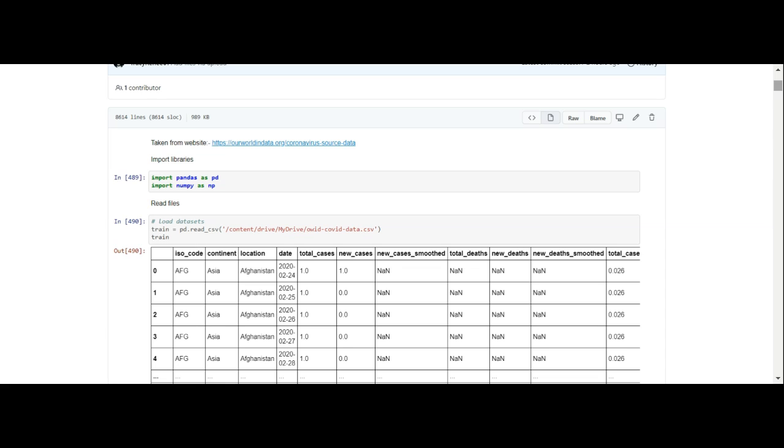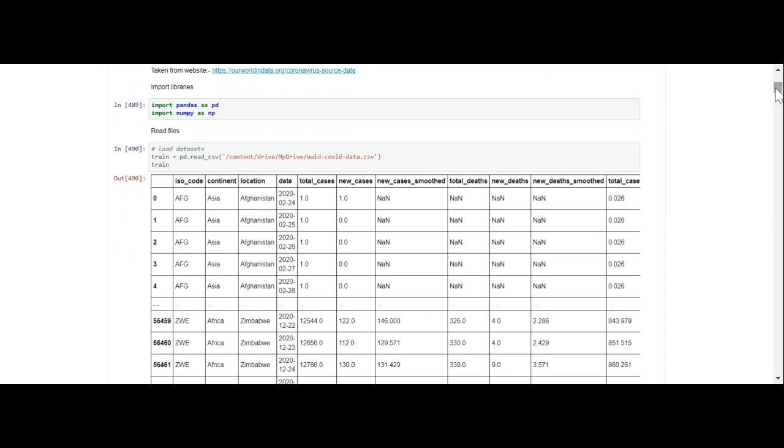So what we did was we wrote this program on Google Colab, and Google Colab is an online Jupyter notebook that has a lot of the libraries already installed on it. So all I had to do was import pandas and NumPy.